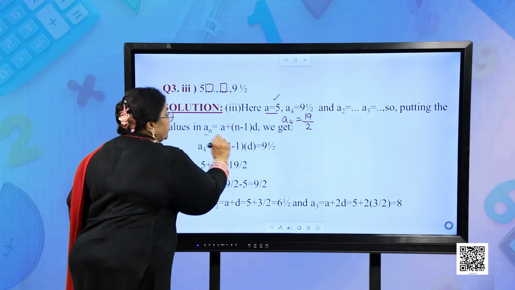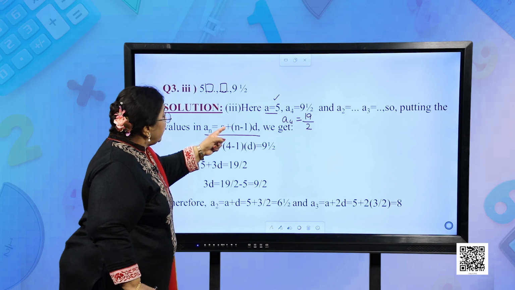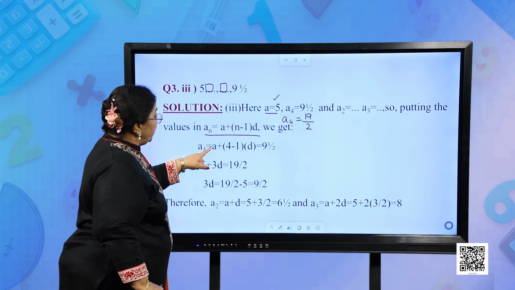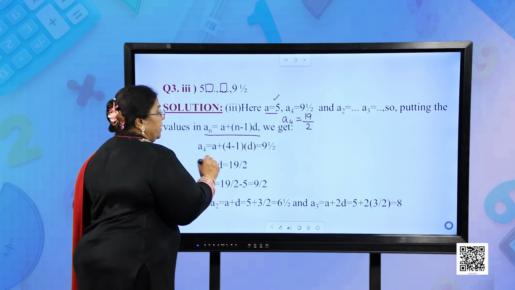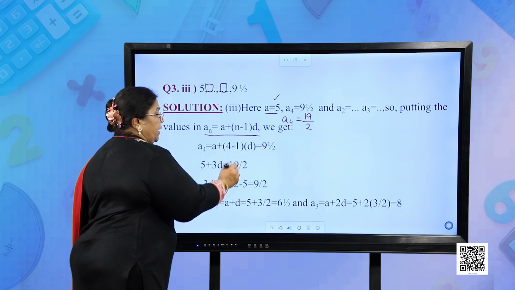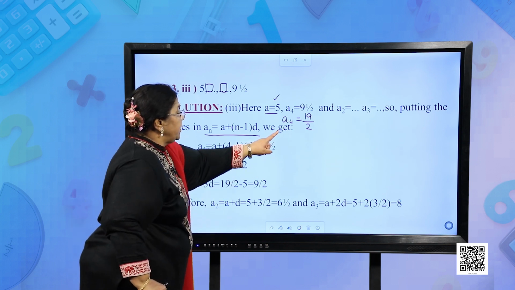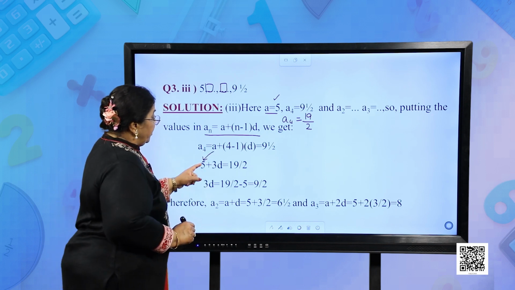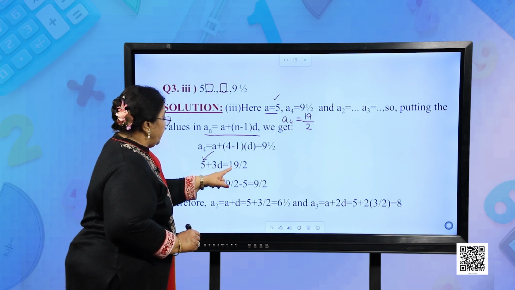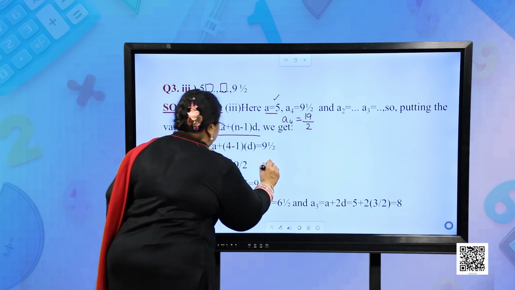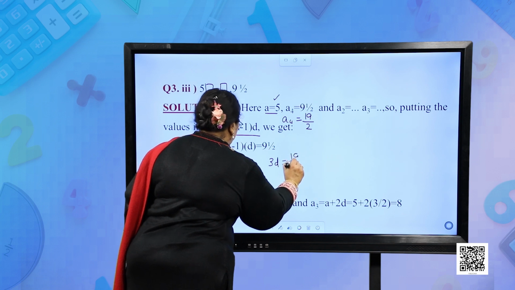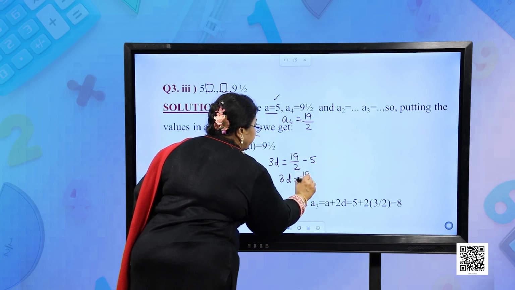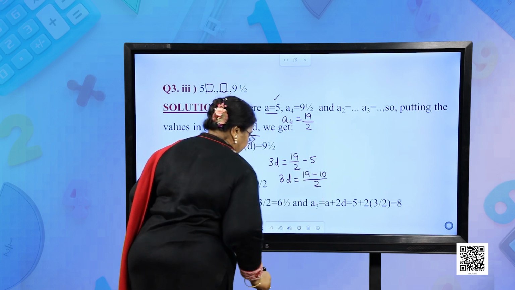We also know the nth term of an AP, An is equal to A plus n minus 1 into D. On substituting the values, A4 is equal to A plus 4 minus 1 into D. That means 3D. Okay? That is given as 9 and half, that is 19 upon 2. Look here, we have substituted the value of A, 5 plus 3D is equal to 19 upon 2. That means 3D is equal to 19 upon 2 minus 5 or 3D is equal to 19 minus 10 upon 2, that gives me